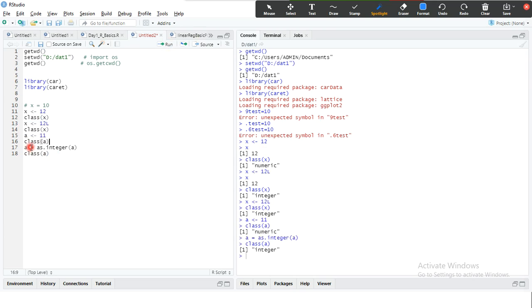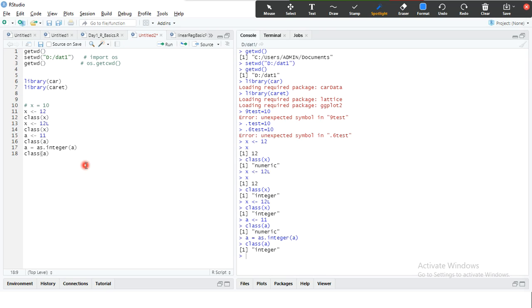Look here, the a was numeric data type, and I explicitly converted this numeric, which is nothing but the float data type, into integer using the as.integer function. So this is how we can specify it.